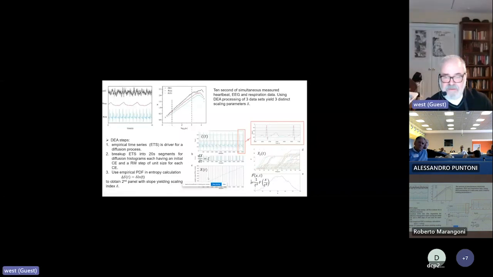Since they initiate each of the trajectories at an event, you can pull all the events together and start from 0. And this becomes an ensemble distribution. And from that ensemble distribution, you construct a histogram, and from the histogram, you construct a probability density. And if that probability density has the form 1 over t to the delta times F of x over t to the delta,